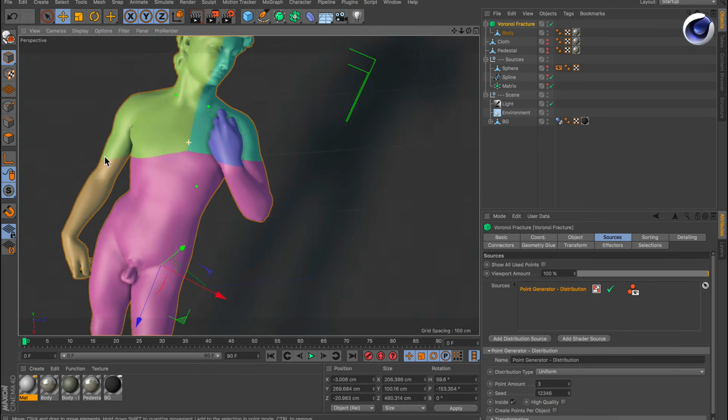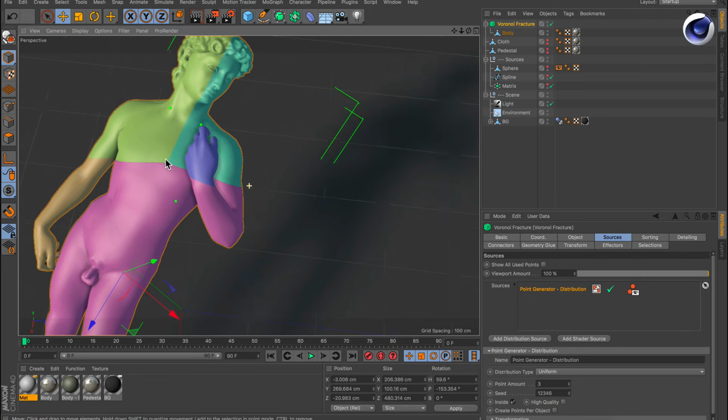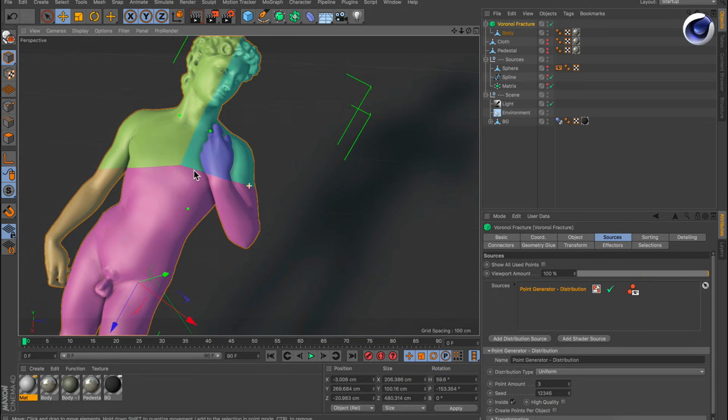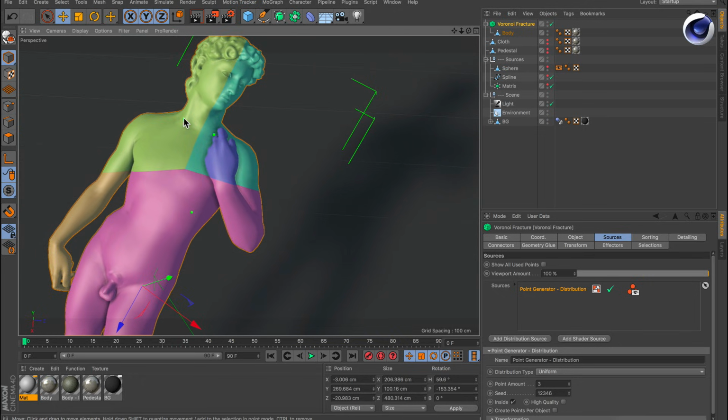So now let's have a look from above. You see that we have 3 points, 1 here, 1 here. This is the cut directly in the middle. 1 here, 1 here. This is the cut in the middle, and 1 here, 1 here. And the cut that is referring to those 2 points is this one. Okay, so